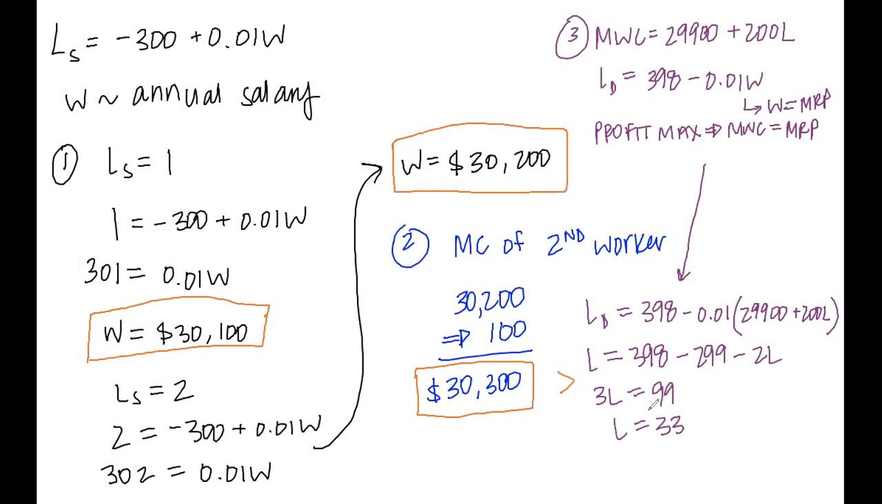So these 33 workers will maximize their profits, and then to find the salary of the workers, we just plug this into the labor supply curve we were given at the very beginning. Because notice, these two equations talk about their marginal revenue product and their marginal wage cost, but that's not what they're getting paid. So we have to use the labor supply equation to find what they're getting paid, because they told us that W was the annual salary in this labor supply equation. So plugging this in, we get,